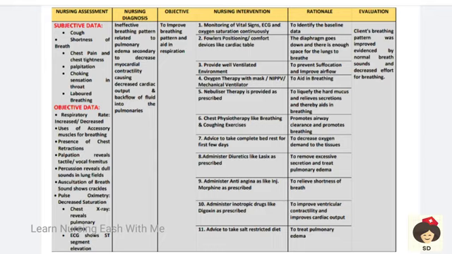So these are the assessment, and our objective is to improve the breathing pattern and also help in respiration. Here also we have to monitor vital signs, ECG and oxygen saturation to identify the baseline data, and also see how much oxygenation is there for the patient. And Fowler's position, like comfort devices like cardiac table, again this is to ease the breathing. And well ventilated environment is provided, so like there should be good cross ventilation so that patient will have enough